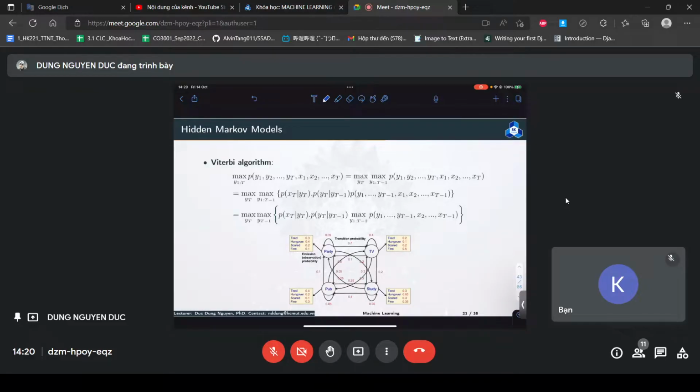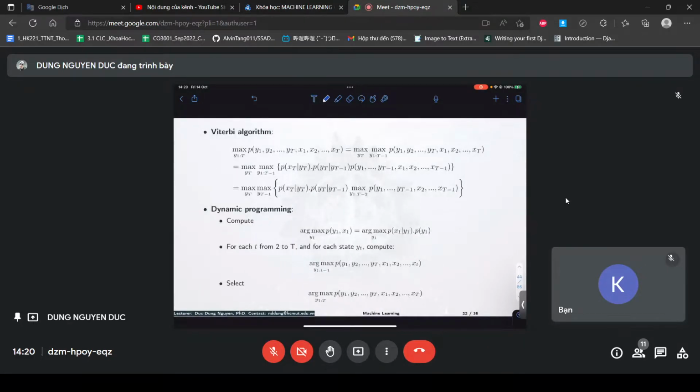Okay. Think about it, what you observe is that this whole term can be maximized by the sequence from y1 to t minus 2, which is not related to yt and yt minus 1. So you can take that one out of the equation, but that's not so helpful. And I will show you a way to calculate it. And so here they give you the dynamic programming algorithm to solve the problem. So first,